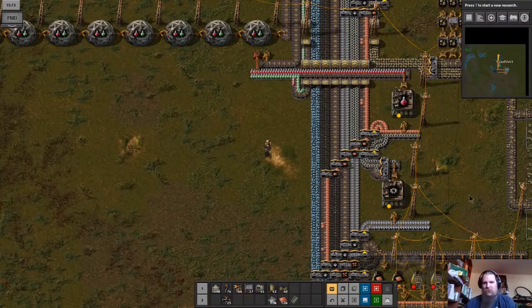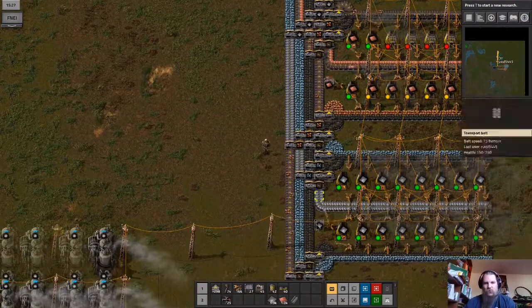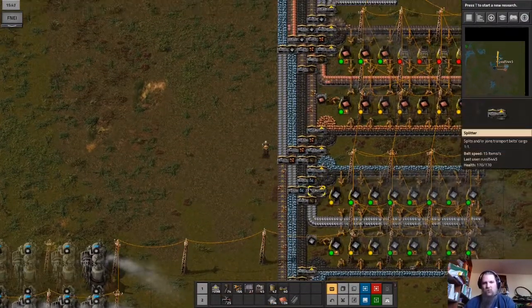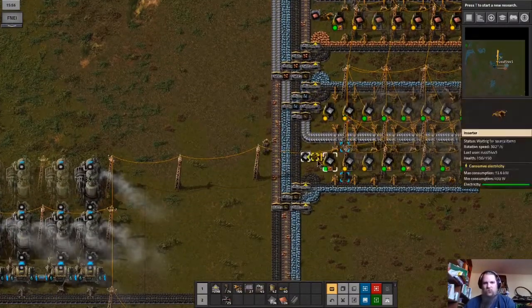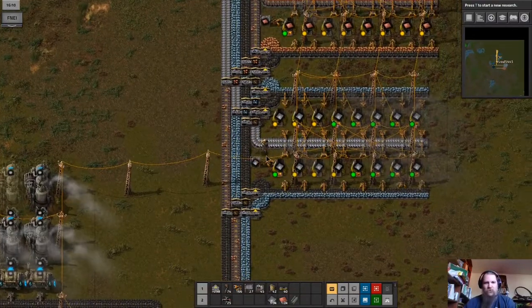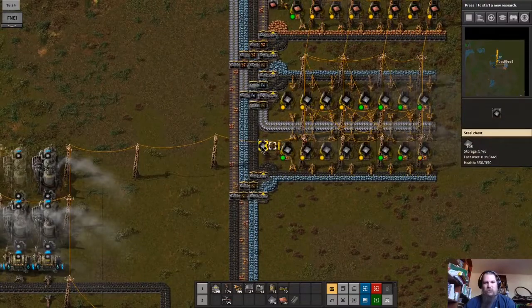Welcome all, we're back in Factorio, and I let this run for a good long while, collected quite a bit of iron, copper, crafted a whole bunch of useful items while I was at it. Research, of course, finished quite a bit of work. I'm going to change the way I do these chests, because what I notice here